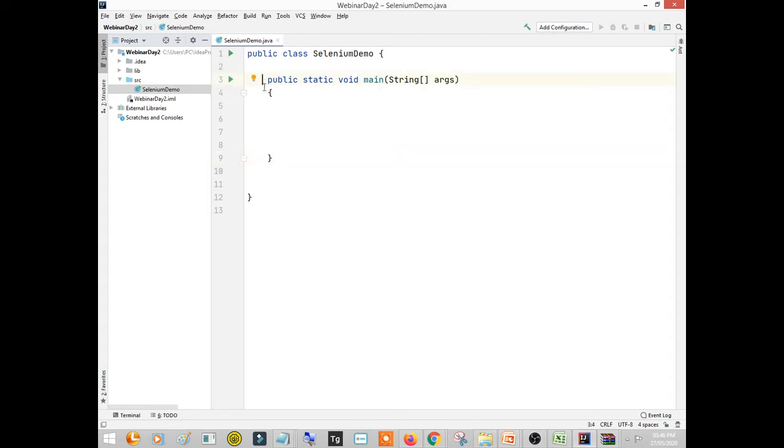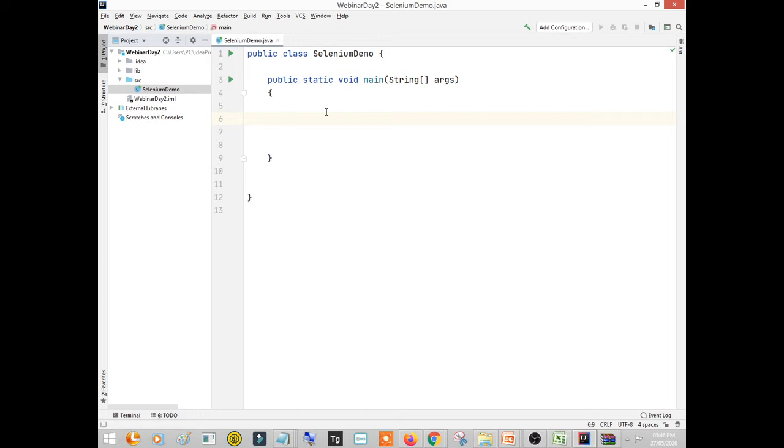This is the main function, and the main function is the entry point of your program execution. The program execution will start from the main function, right? Just follow my session, you will understand everything, and just follow these simple steps and you will be able to automate the things, right?